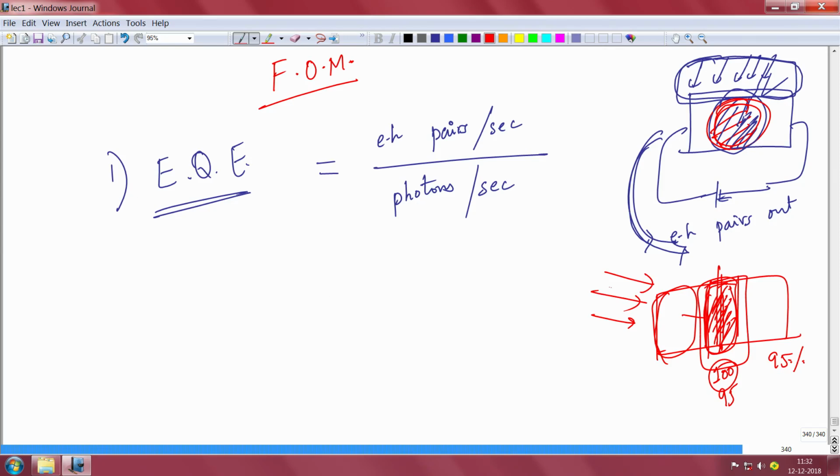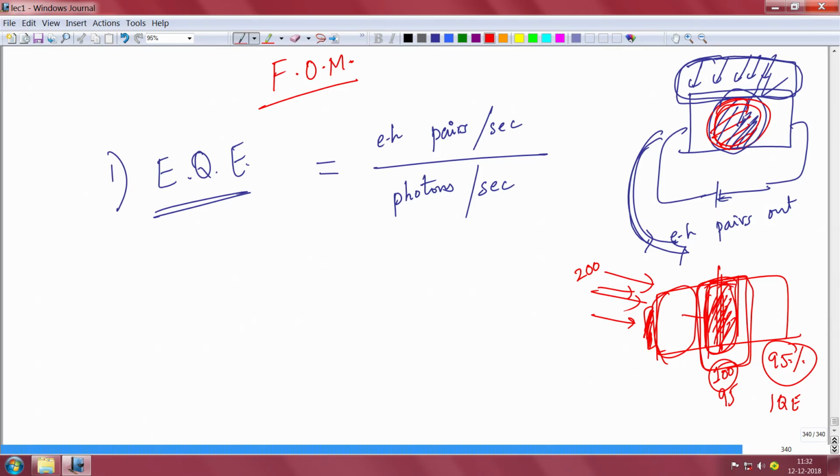But remember, not all the photons that you are shining here may reach the active region. Some will get blocked, some will get absorbed or reflected. There will be metal contacts, and those metal contacts will also reflect. So not all of them will reach here. Maybe you are shining 200 photons per unit time, and only 100 reach the center. Out of these 100, 95 got converted to electron hole pairs, because when the photon is absorbed at the appropriate energy, your semiconductor generates electron hole pairs. So you have a 95% IQE, internal quantum efficiency.